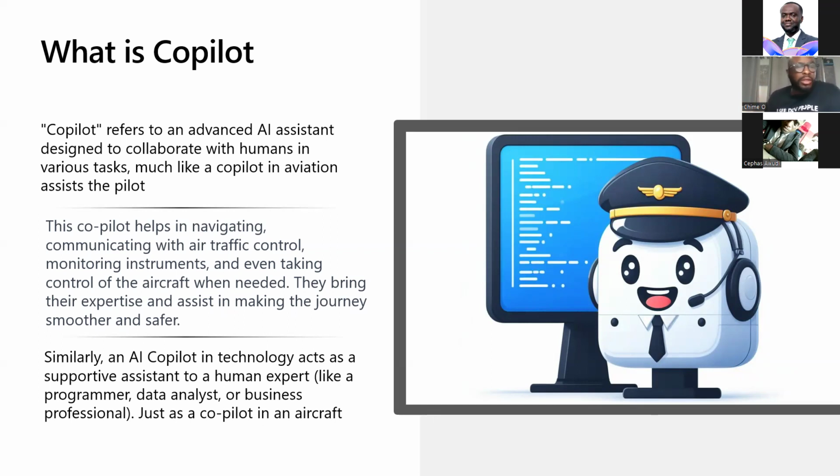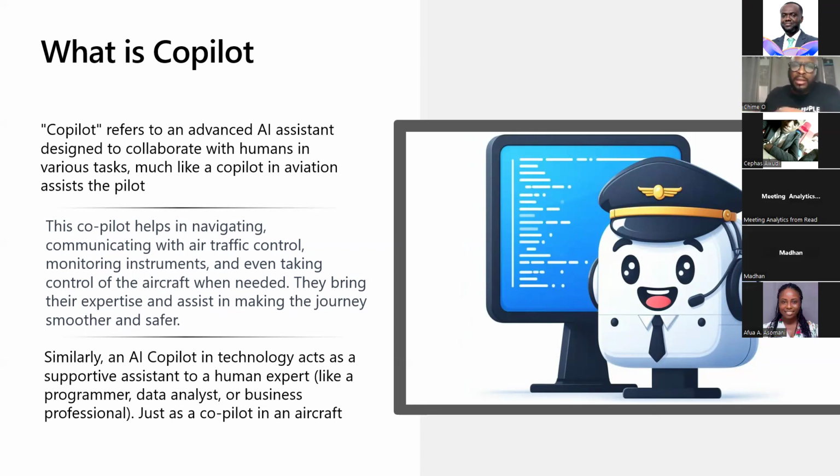Just like a co-pilot helps a pilot flying an aeroplane make some insights and decisions, in this particular instance a co-pilot can also analyze a vast amount of data. It can use that data, start identifying patterns within it, give you some suggestions, and even do some predictions. I tried typing into Microsoft Copilot today, asking, do you know who's going to win this AFCON final today? But let's wait and see what will happen.